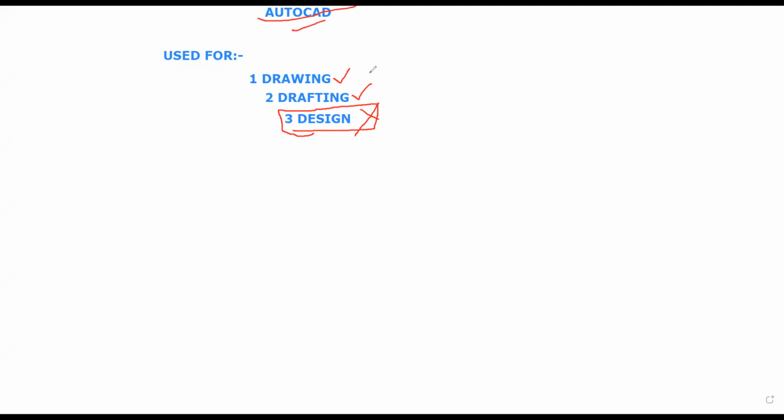Sir, actually, by design you are saying about modeling? No, I'm not saying modeling. I'm telling you how to give the depth of the member, plus how to give the reinforcement details of it. That means applying the load on the structural member. Analysis. Yeah, that is part of analysis, withstanding the load. And to withstand the load, how much the requirement of the structural member is there, that is nothing but your